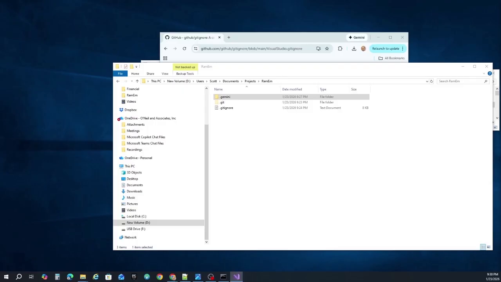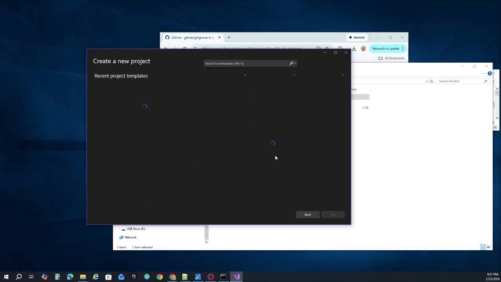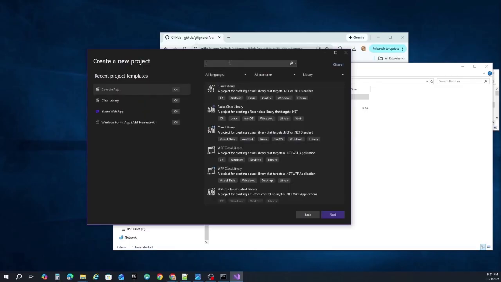And I do have, let's see, this is Visual Studio 2022. Like I showed in the previous video, you may have ended up with 2026, and it should be a very similar interface. So I'm going to go ahead and create a new project,